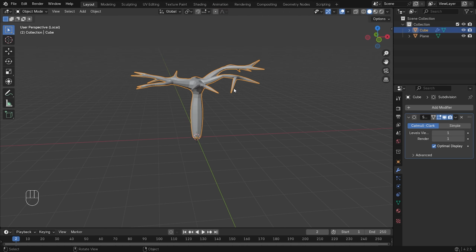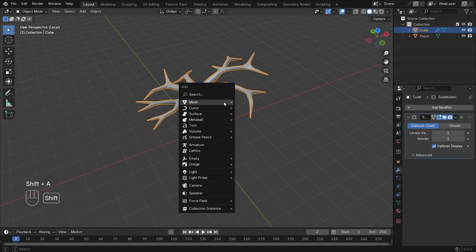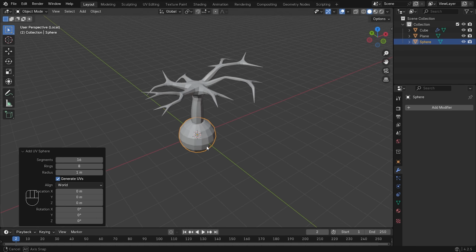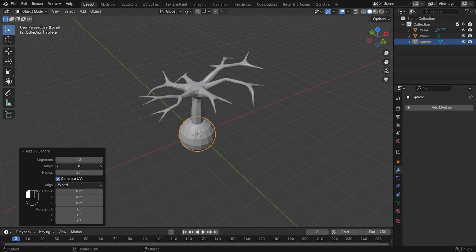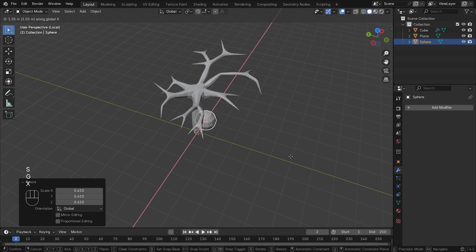Now we need to create the branch. We need to create the leaves. And for the leaves, this is the stylized tree. So I'm going to add a UV sphere with 16 segments and maybe 12 rings, or maybe 8 rings, I don't know. Or maybe 14 segments and 6 rings. Yeah, it's better now. So I'm going to make it smaller, move it